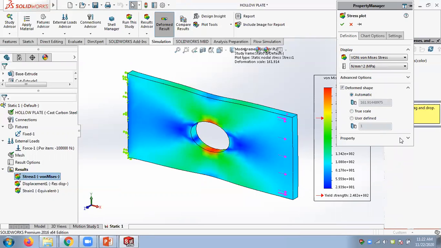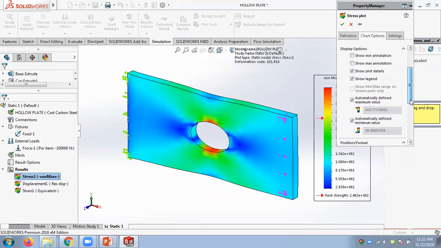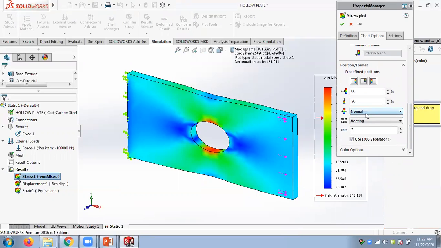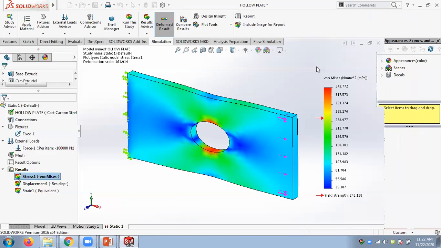Here under advanced options, under chart options, we have this scientific thing. Under chart options, we can change it to floating. So when you change it to floating, you can see the numbers are easy to read, and decimal places 3. Okay. So I got my von Mises results,